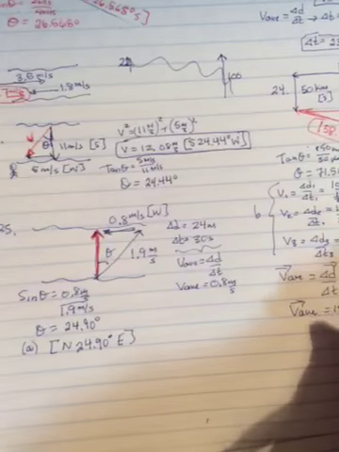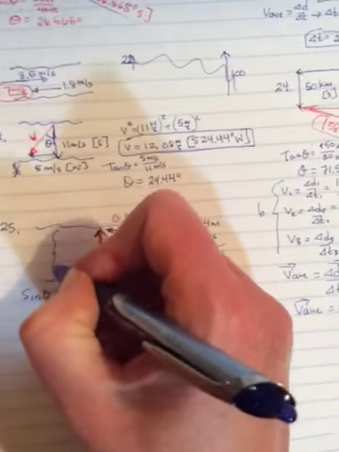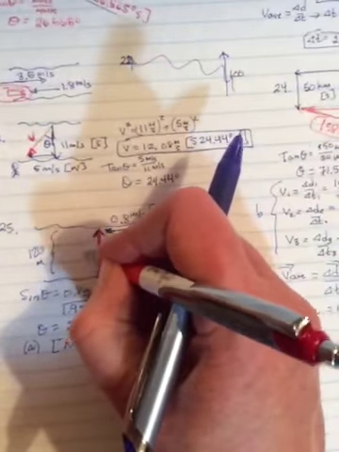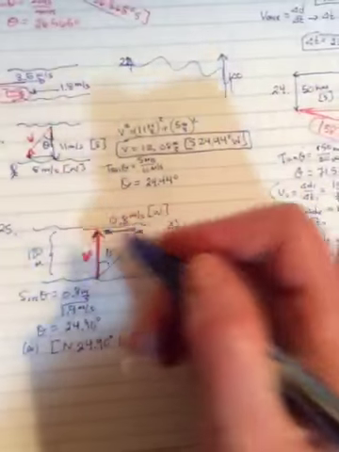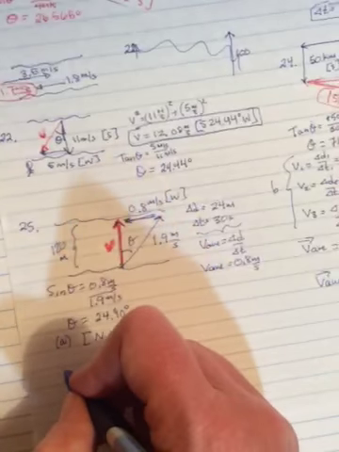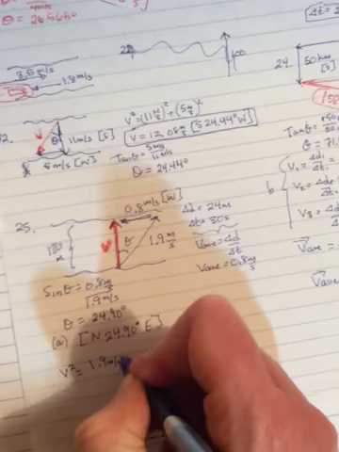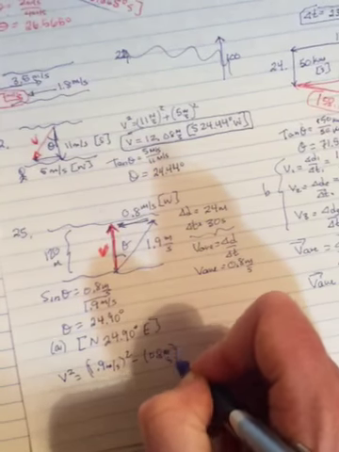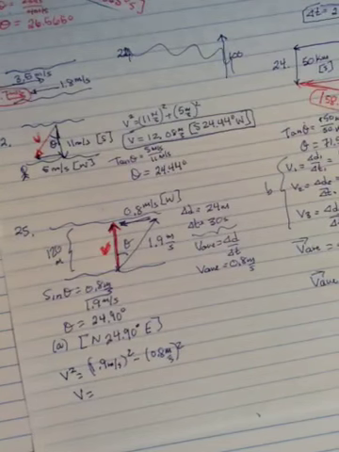Part B says, if he follows your advice, determine how long it will take him to reach the other shore. So earlier in the question, it told us this was 120 meters. And so to figure out how long, you have to find v, the velocity of this side. So again, Pythagorean theorem, where you're solving for one of the sides, not the hypotenuse. So v squared is equal to 1.9 meters per second squared minus 0.8 meters per second squared. Don't forget to take the square root. And when you do